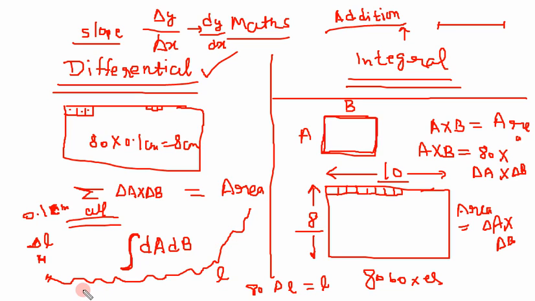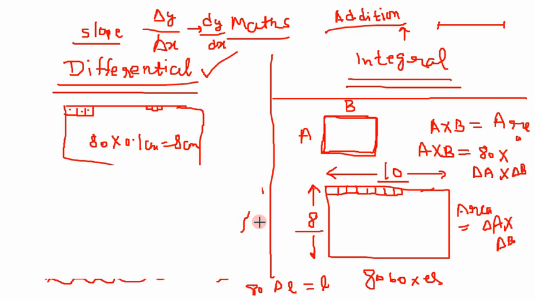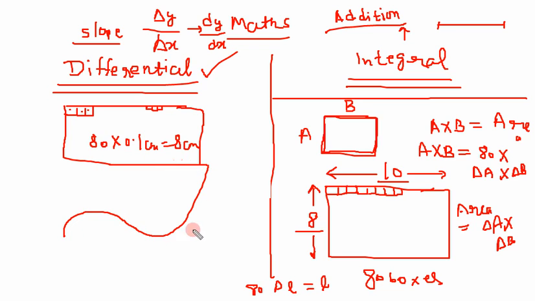But again there is a problem. Some of the sections are not that straight, so there will be error. Let us zoom in on this. If some of the sections are not straight, what will happen? This is a zoomed version. So we are measuring with this straight line. Here you can see there is error, and this is also error. So how can we reduce this error?